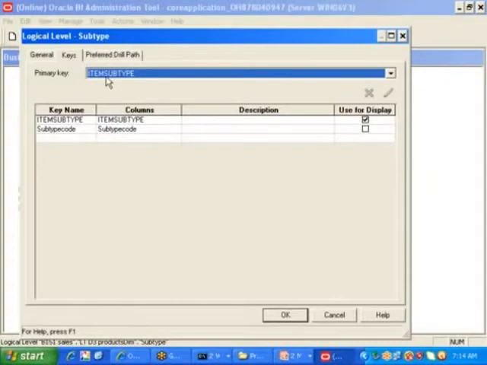What happened, sir, here? Item subtype as a primary key. Is it correct way? Why it came is, whatever is selected first, by default that will be assigned as a primary key. That's what the system understands. In the previous case, I did type code. That's the reason by default type code is understood as primary key. This time I did item subtype, that is going over there. Always once you have done the right click on new logical level key, come to this window and confirm everything went properly or not.